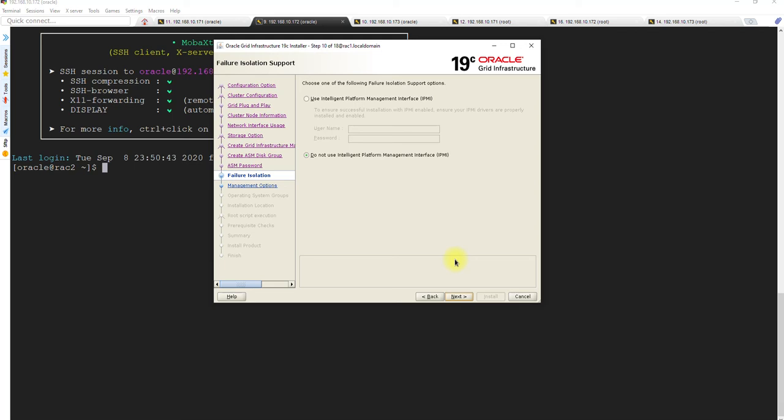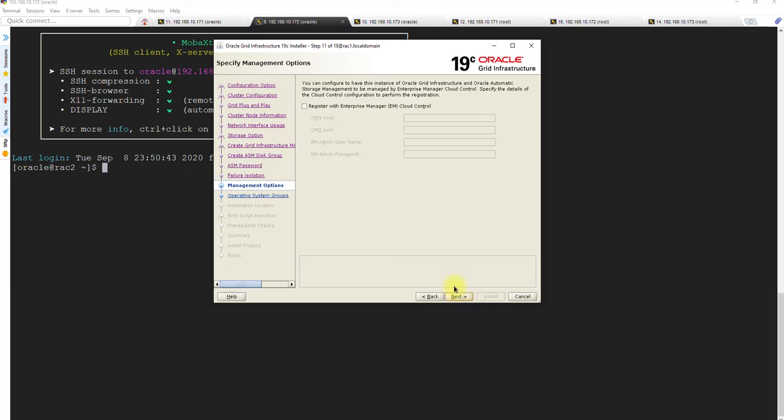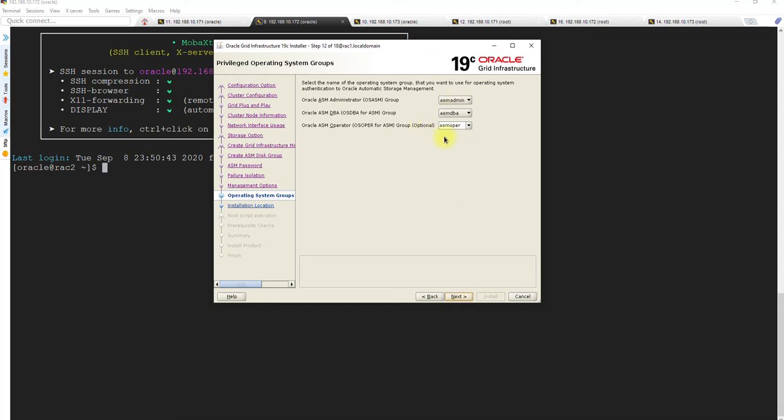Clusterware installation is big and it takes a lot of time to copy. First of all it installs on the current node, the local node, and then transfers the files to the other node as well. So it's kind of 3 times the installation, right? So it may take some time. You don't need to check this box, leave it whatever it is.